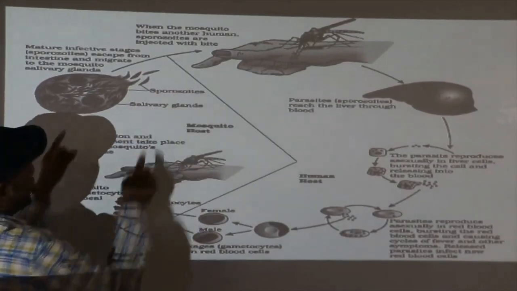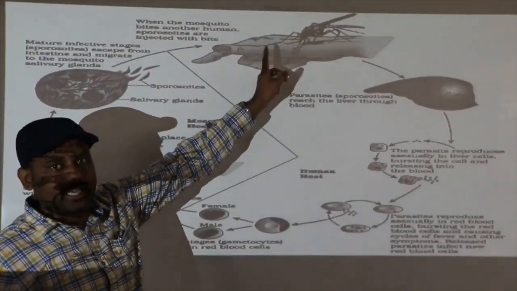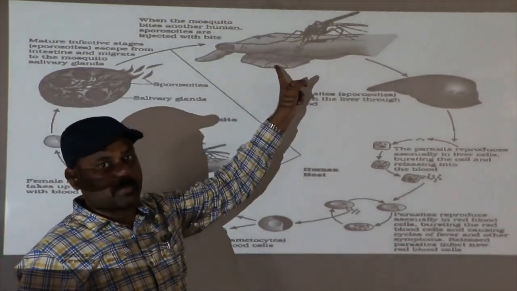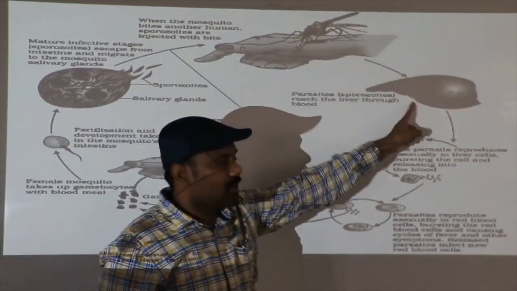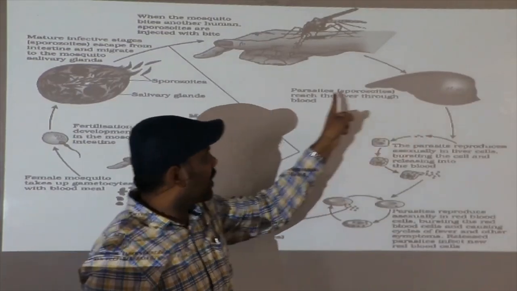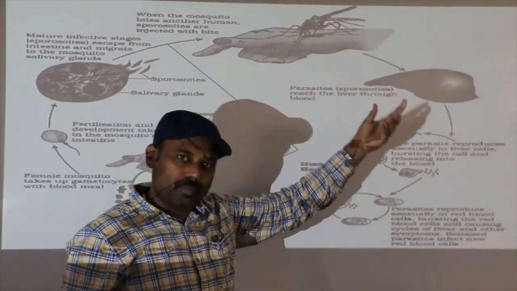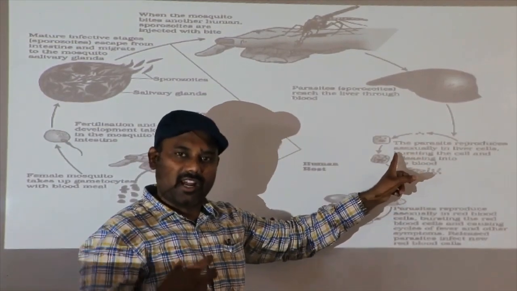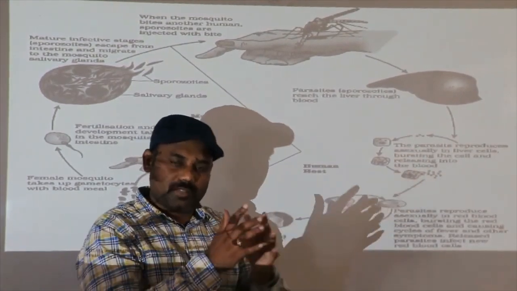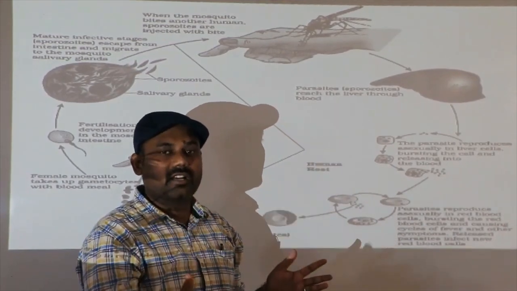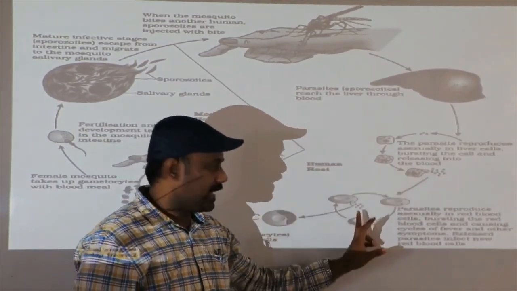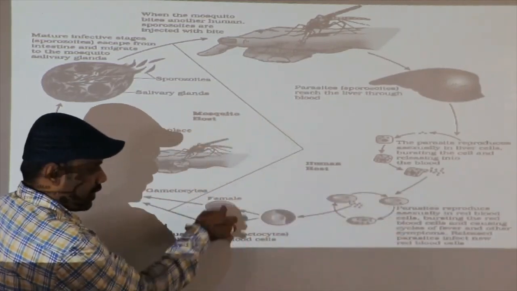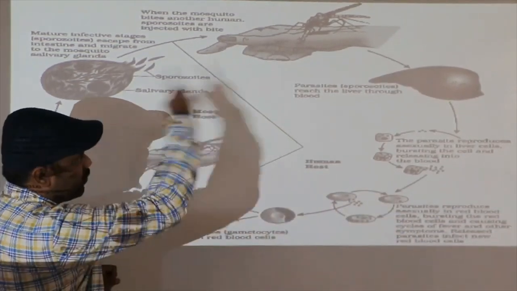Again, this infected mosquito bites a healthy person. They release these sporozoites into the blood of this person. Clear? So these reach the liver. Within the liver, they undergo asexual reproduction. They burst open the liver cell and enter into RBC. Within the RBC, again they undergo asexual reproduction. They rupture the RBC and release hemozoin. Next, they attack the second RBC and undergo sexual reproduction. They form male and female gametes. I hope you understand. This is what the